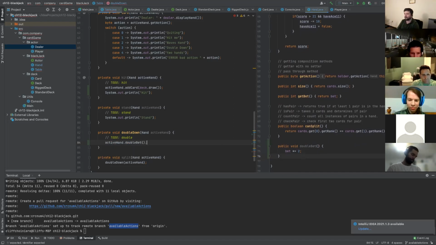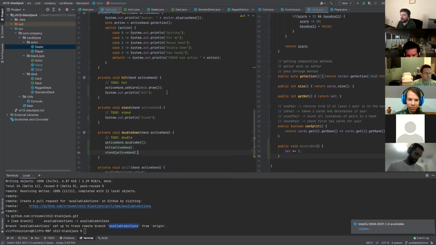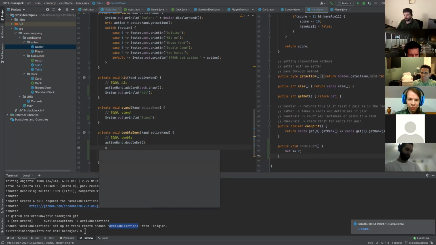So hand dot doubleBet, hand dot doubleBet. There it is. We're definitely going to do active hand dot. Oh no, we can do hit. Sorry, hit active hand. And we'll do hand dot active hand. The only downside, of course, here is that I'm technically running these and I have the term hit instead being printed. So on one hand, this can't be bad because I can show that I can now print here first,